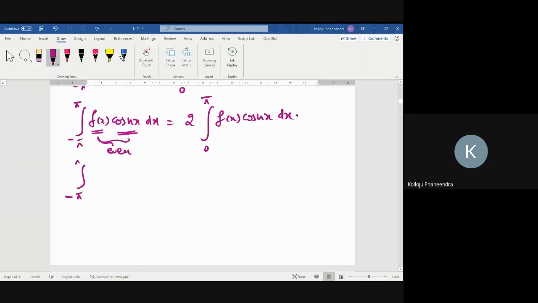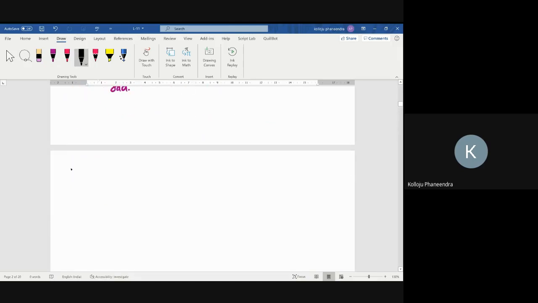Another integral is the integral from minus pi to pi of f of x sine nx dx. f of x is even, sine is an odd function. So what is this total product? An odd function. So its value is 0. Therefore, finally, point A,